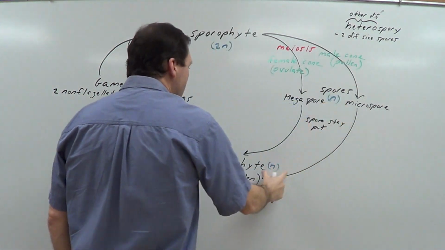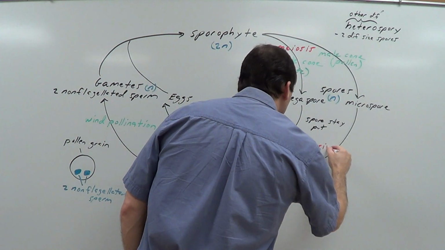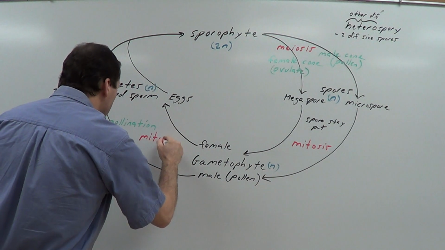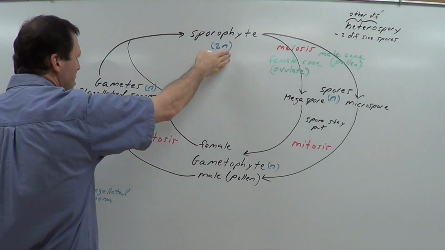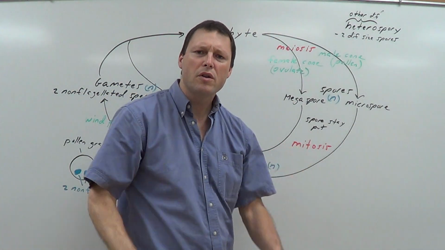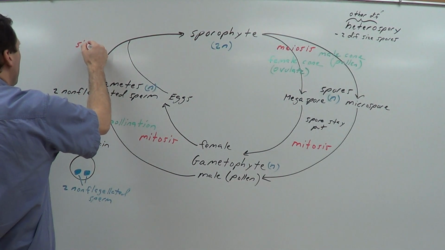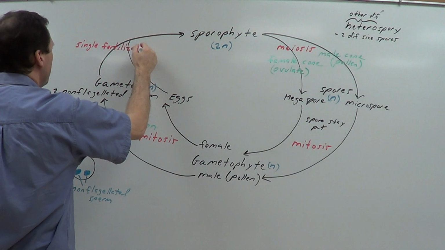How do I go from n to n? Mitosis. N to n, again, mitosis. And then n plus n to give me 2n, that's going to be fertilization. I'm going to call it a single fertilization event. That's what I'm going to write down. Single fertilization